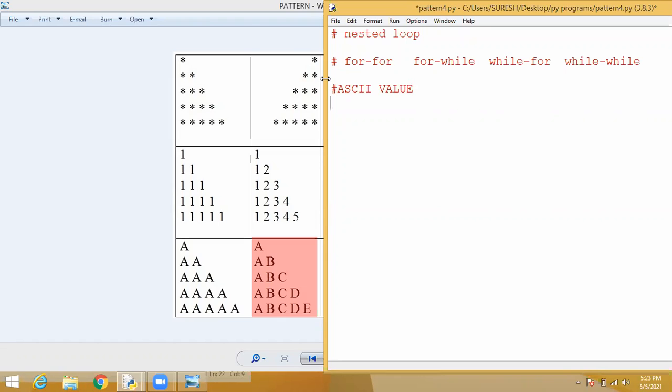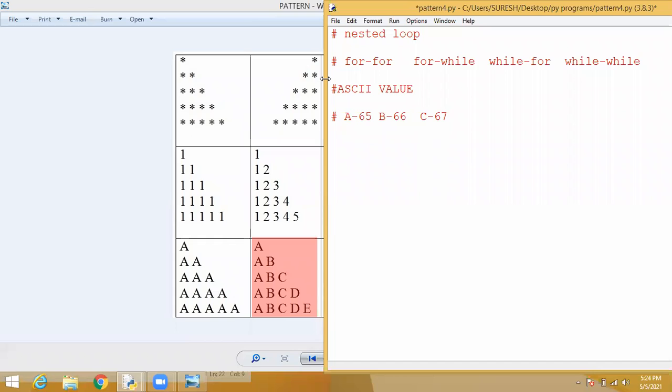For example, does anyone know the ASCII value for capital A? Capital A, the value 97, sir. No, small a is 97, capital A is 65. Yes, very good, 65. Then what will be B? 66. Okay, C is 67.